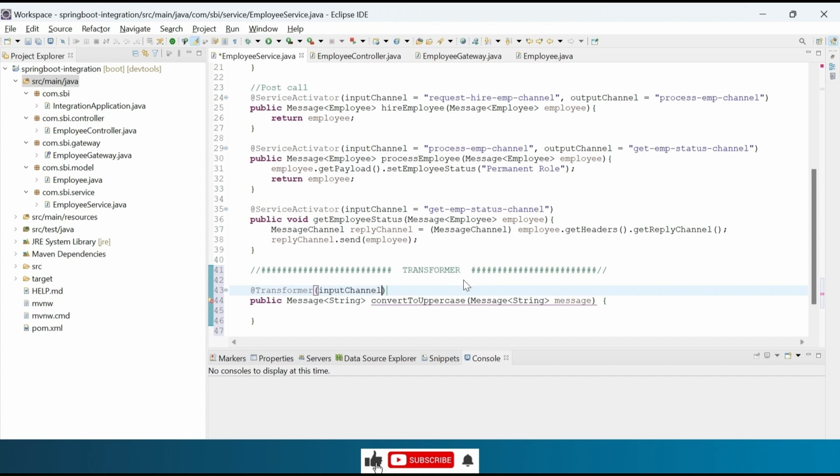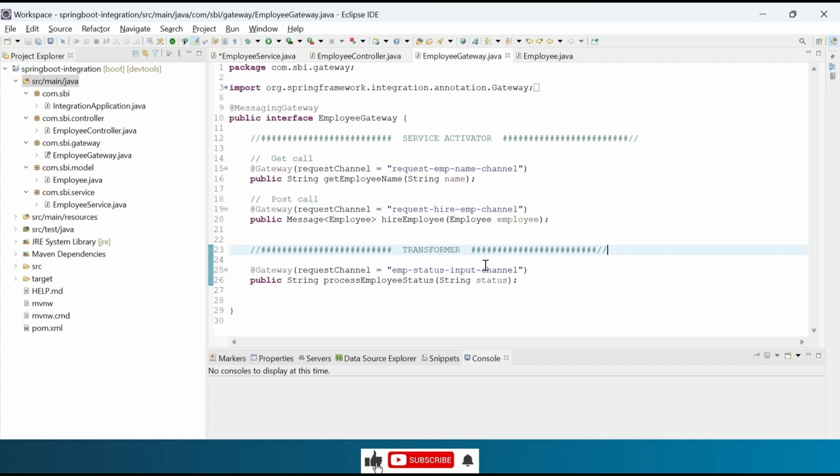Pass an input and an output channel. Our input channel will be the one mentioned in the gateway interface method, that is empStatusInputChannel.